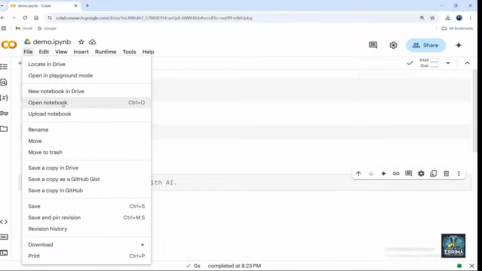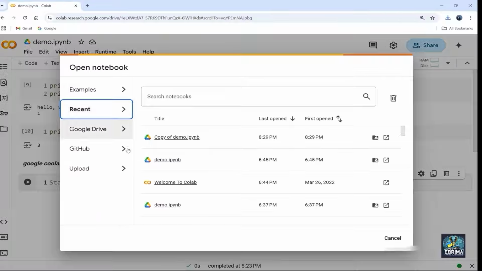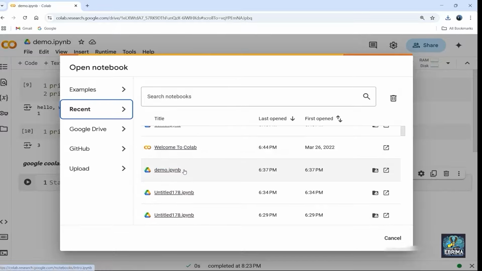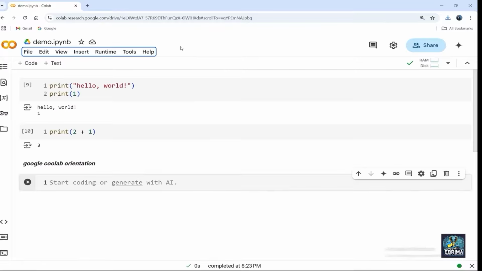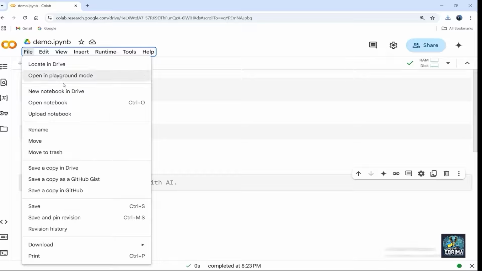Okay, all right, so this is very important to note. So if you want to open a notebook, you can click that. Okay, and now let's say these are our most recent notebooks. So remember, this is the copy of demo, so this one is in our drive, and now this is demo. Okay, so this is very important to note. Okay, all right, but I don't need it, I just wanted to show it to you. All right, so now let me go back to file again.